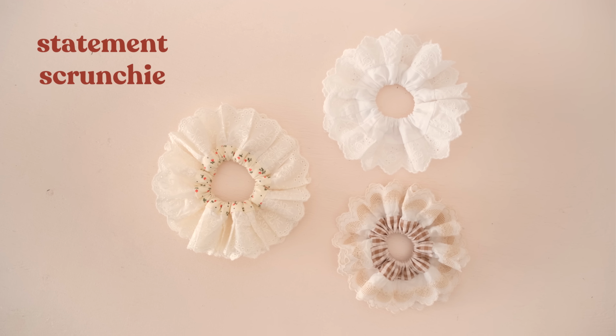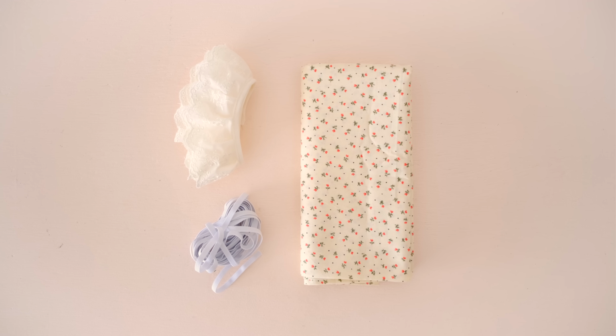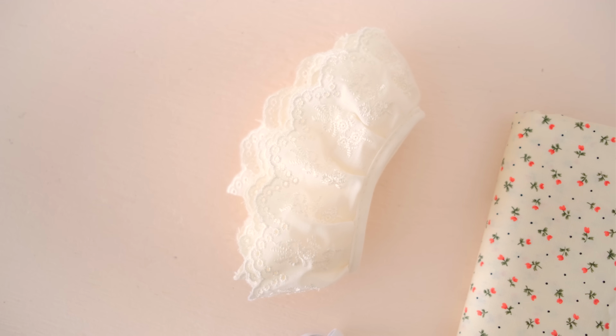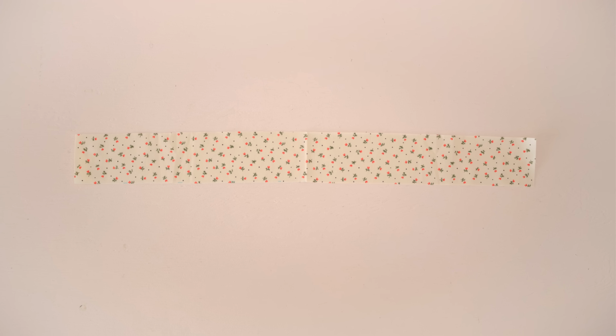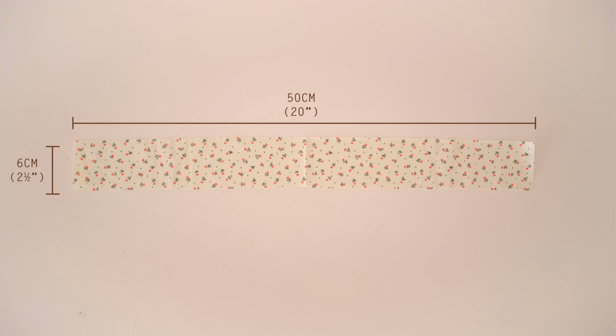Lastly, let me show you how to make a statement scrunchie. For this project, you'll need your fabric of choice. I'm just using some cotton fabric for mine. You will also need a meter or a yard of lace trim and approximately 20 centimeters or 7.5 inches of thin elastic. Start by cutting out a rectangle from your fabric that measures 6 by 50 centimeters or 2.5 by